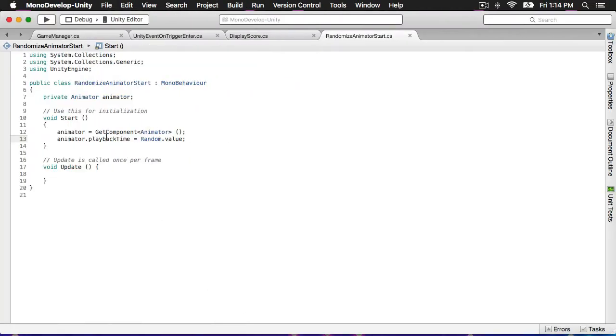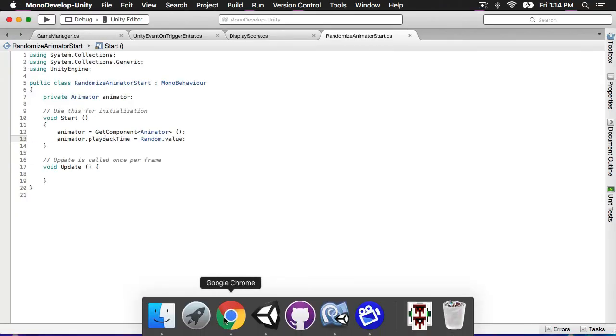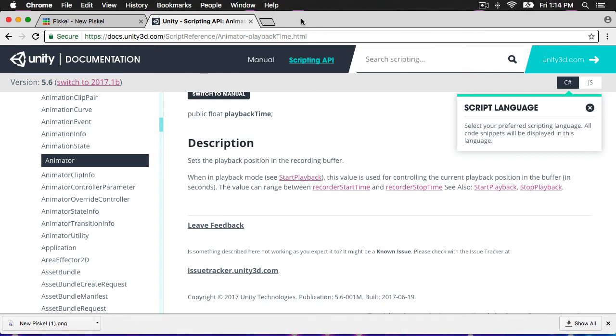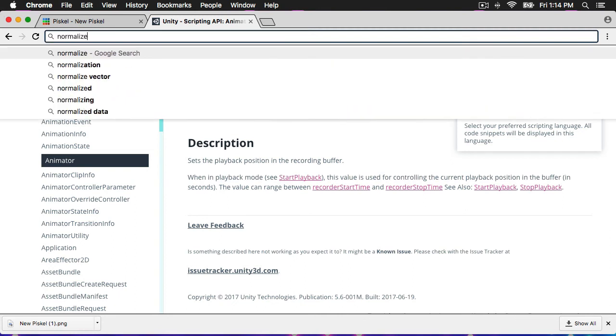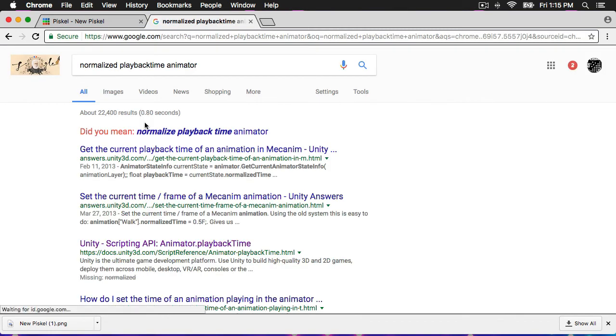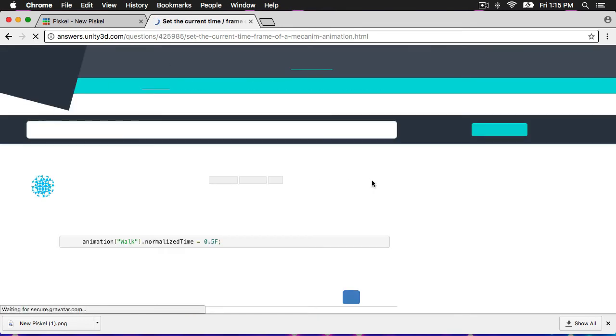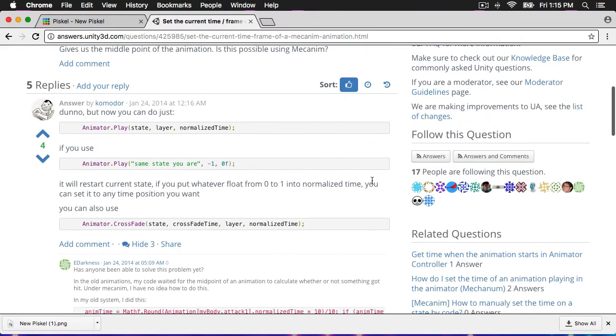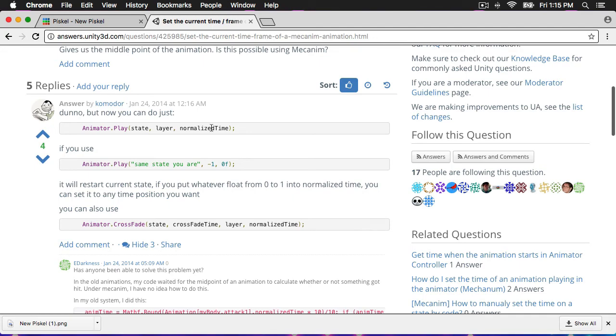Is there normalized? Here, let's just search the internet. What's it called? Let's search for normalized playback time animator. State layer normalized time. Okay, sweet. You can just use play. So,